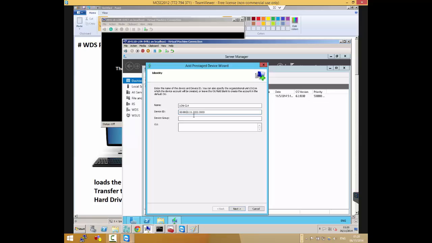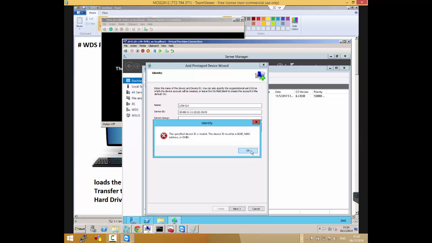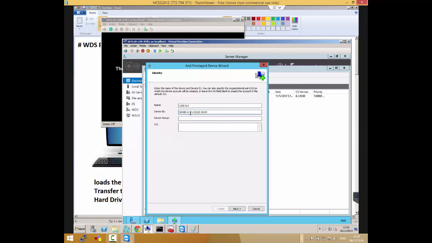You know the way MAC addresses are. Sometimes Windows is sensitive about the formats. You can't just put them in. There was one that I was doing today, the upgrade I was doing today, it wants me to put it in this format, so that's why I was putting that format. So let's try this format. If not, we may need to use another format. Yeah, it doesn't like that format too. So there's another format that has dash.